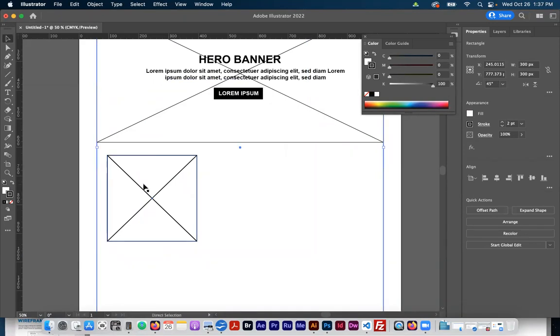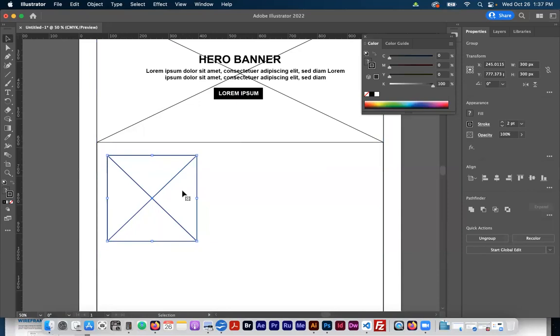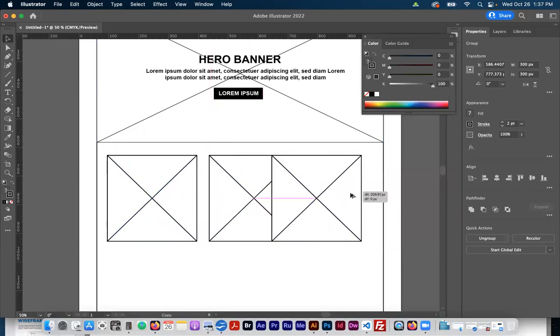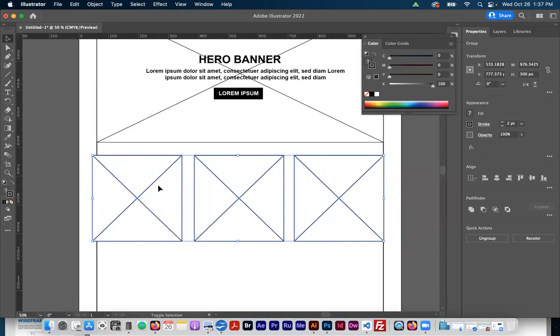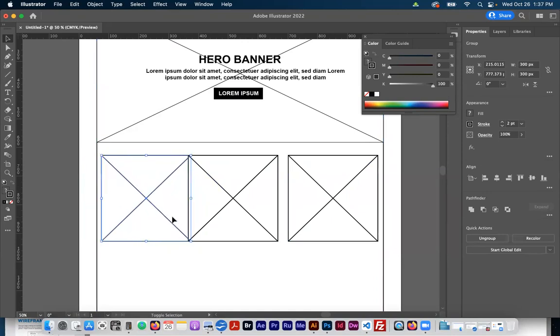Okay, at this point, I will group all that stuff together. So I've got them all selected. I'm just going to go to Object and Group. Cool. And now I can go ahead and extrapolate that out into the other pieces. And boy, my math looks like it's off at this point, doesn't it? Because I've got more than 15 pixels in between them. That's likely what's happening here. So let's